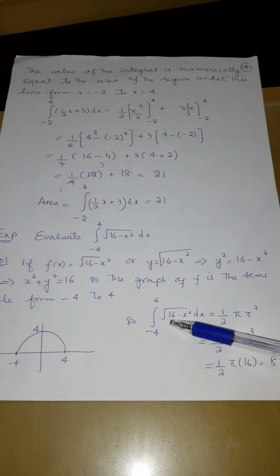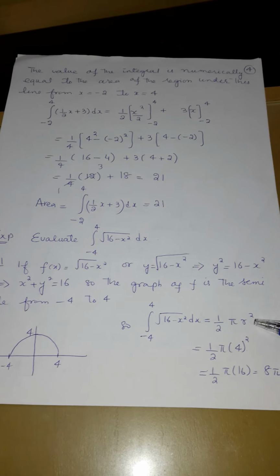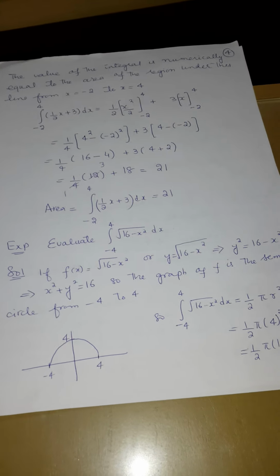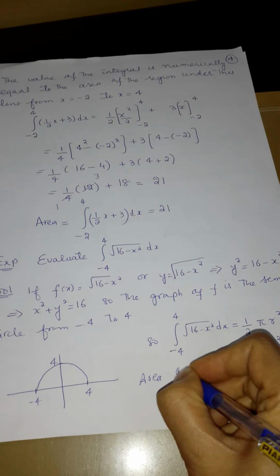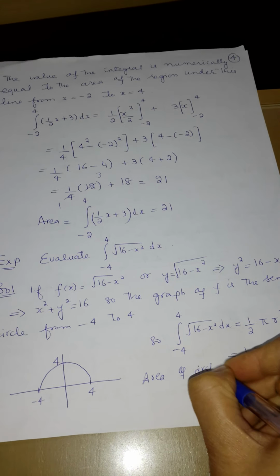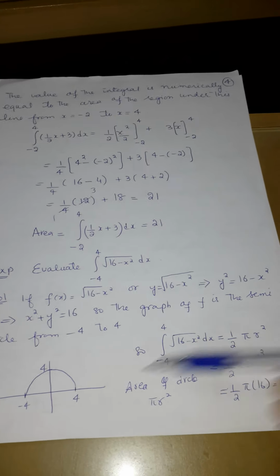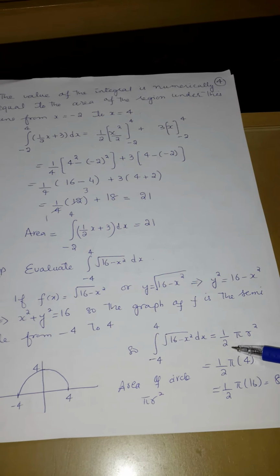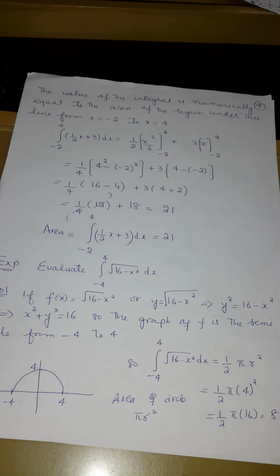Now, we solve this integral solely with the help of the formula which we have for the circle. As we know, the area of a circle is pi r square. Now here we have a semicircle, meaning half circle. So we will multiply by 1/2 here: 1/2 pi r square. So simply substituting the value of r, which is